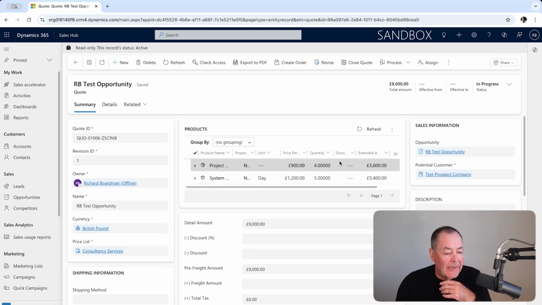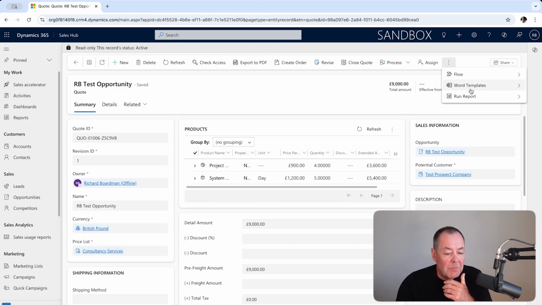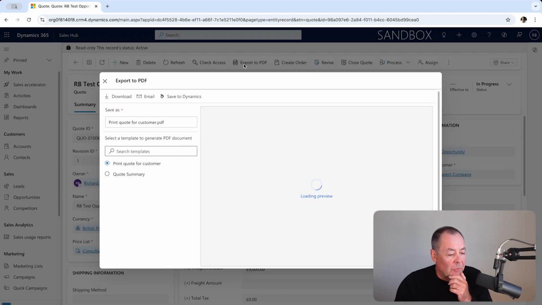So if I go into that, what I can do now is generate a quotation document itself. So I've got this ability to export to PDF. I've also got the ability to merge to a Word template if I prefer to do that. So if I export to PDF,